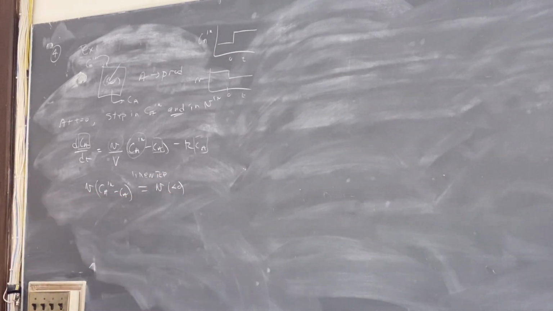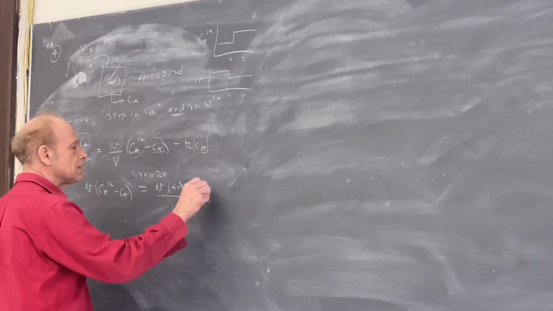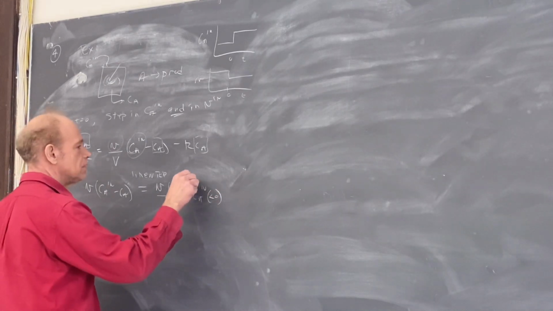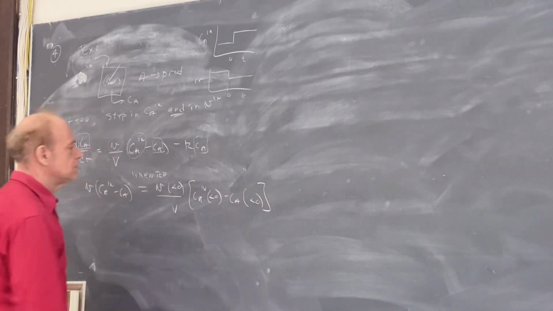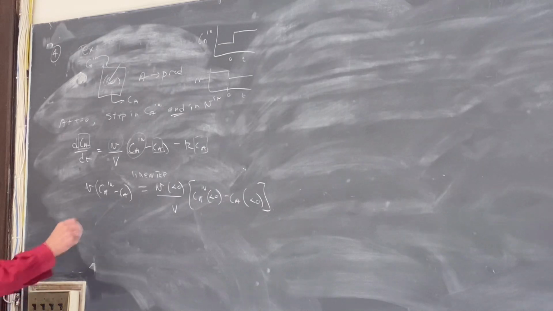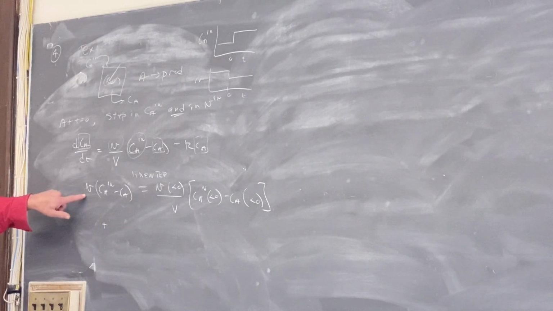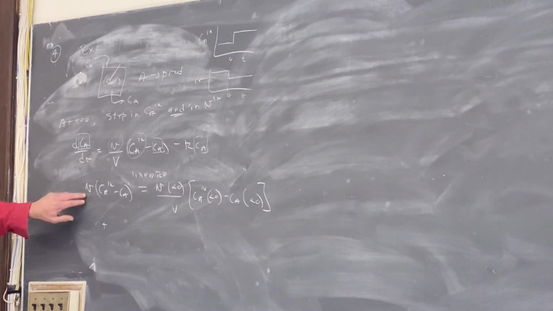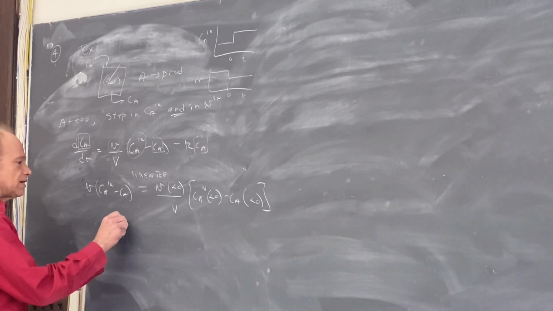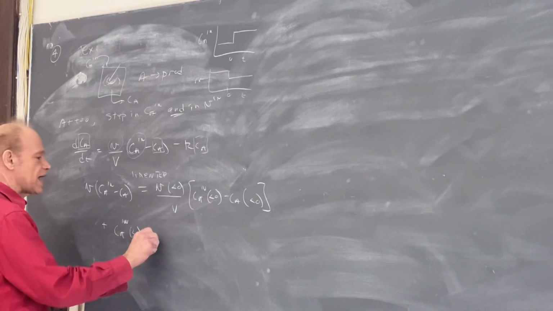This means t less than 0, over V times CA in less than 0 minus CA less than 0, plus the derivative of this thing with respect to V times this. Well, the derivative with respect to V is just that. So that's just CA in less than 0 minus CA less than 0